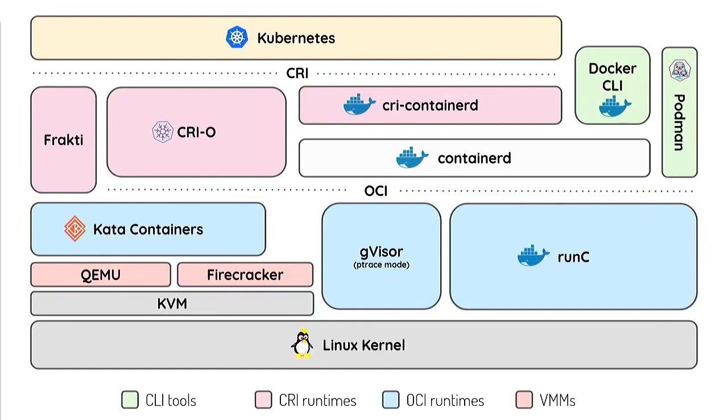I like going vertical: Kubernetes, CRI-O, Kata containers, Firecracker, KVM, because that's where you get, I would say, the simplest stack. But I understand how people like to use the Docker toolset. And if you're a Docker shop, or if you also run simple containers rather than just Kubernetes, it actually makes sense to traverse it in another direction. So going through CRI containerd,